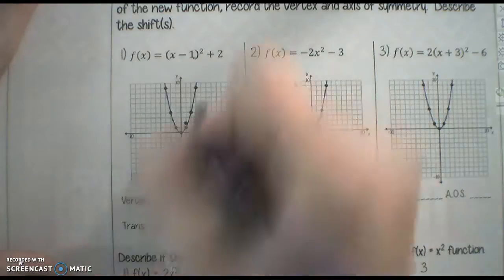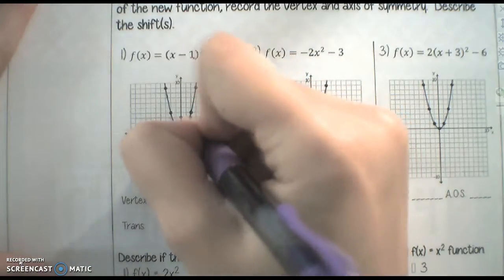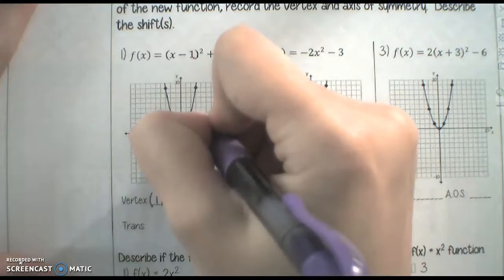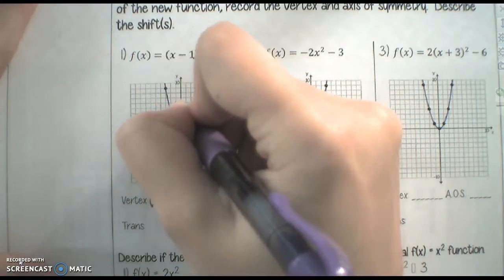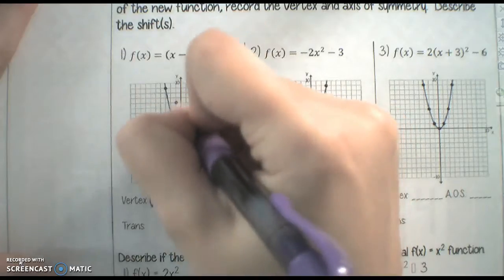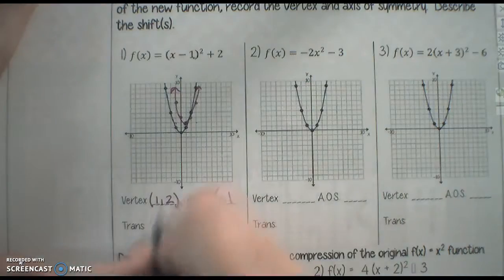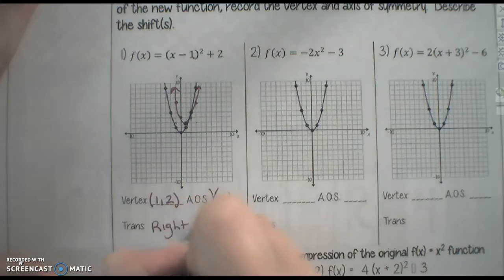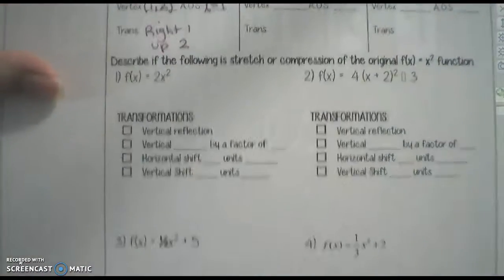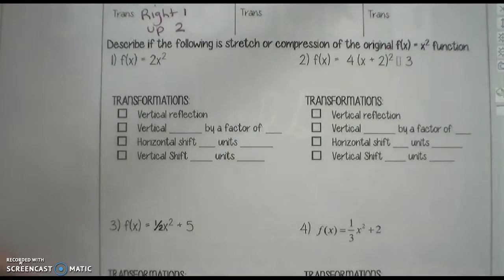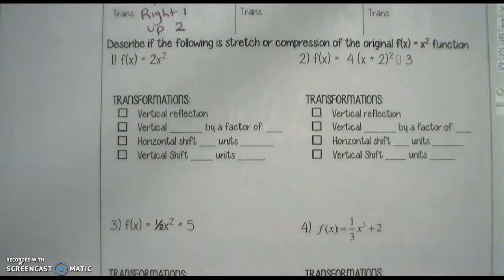And we have just our normal, no stretches or compression, so over 1, up 1, over 2, up 4, over 2 this way, up 1, 2, 3, 4, and at least those 5 points to get you there. So it looks like we moved right 1 and up 2. So continue 2 and 3 on your own, and then I will, after we do one of these, pause the video and then check those graphs up there and then the rest of these, what's taking place